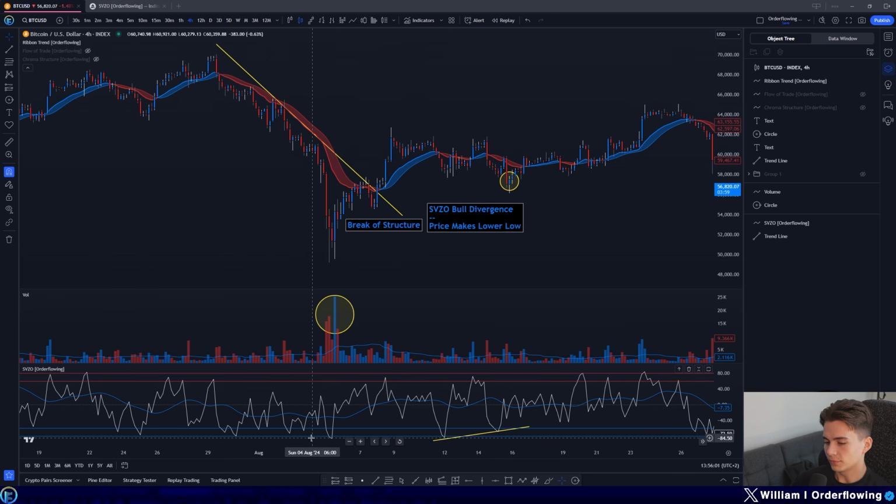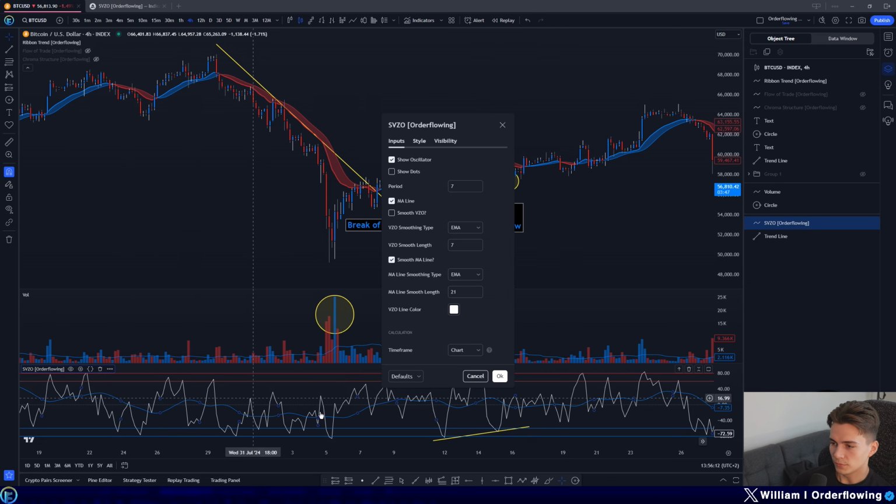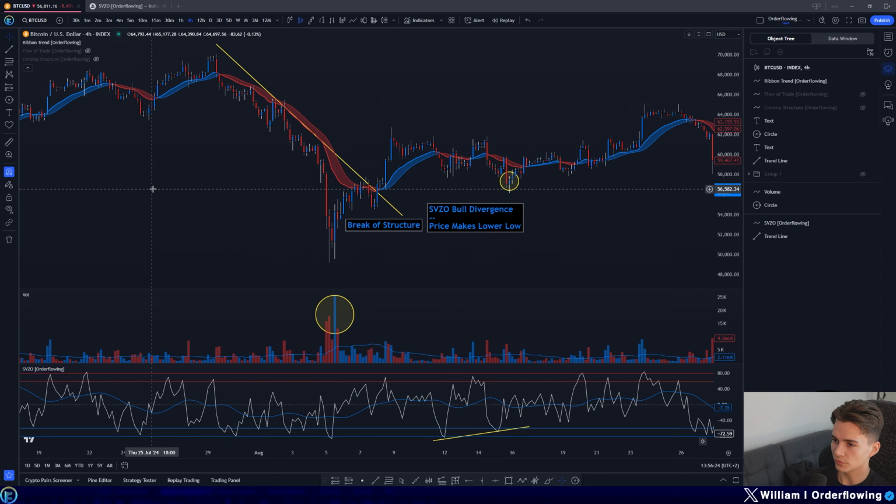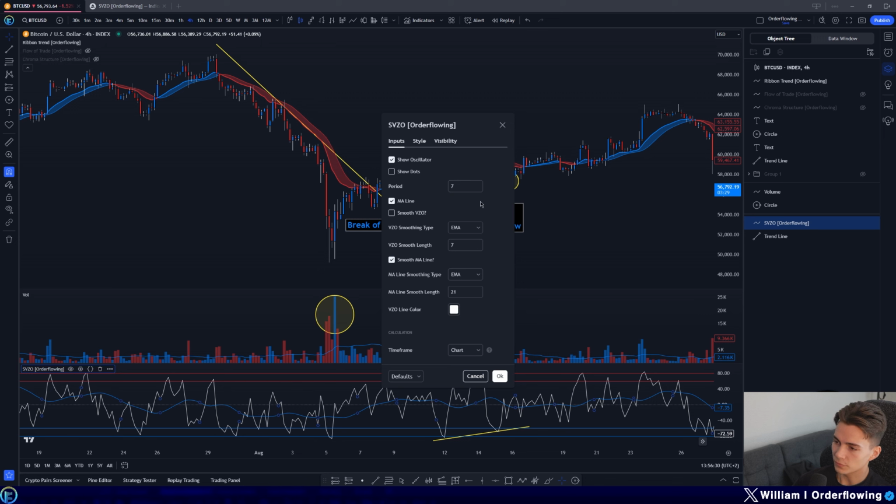So that's basically what you can use the SVZO for. You can use it to analyze volume and create it into an oscillator that you can show on your chart. Obviously, you can change the settings. So yeah, I put the period to 7 because it was better for this Bitcoin chart. Also, if I wanted to do it on the higher time frames, a lower value in the period would be better. You can also